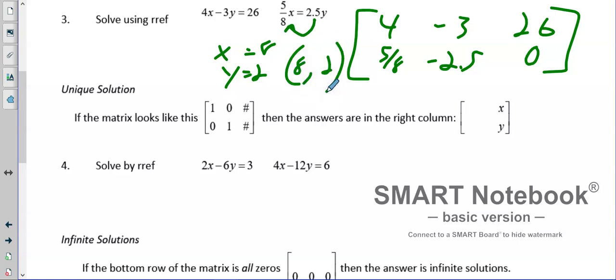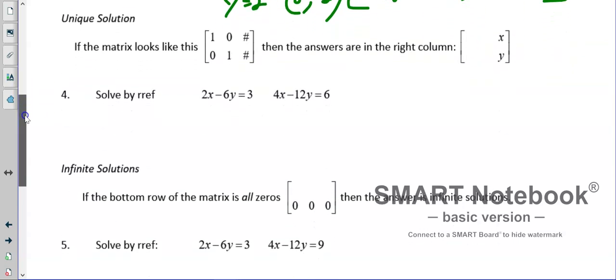Okay? Now, I'm going to save time here. I'm not going to go through all the procedures. I think we practiced it enough. I just want to talk about a few things. A unique solution. Okay? We've been getting so far the diagonal ones here, okay, and the identity matrix, and then just numbers here